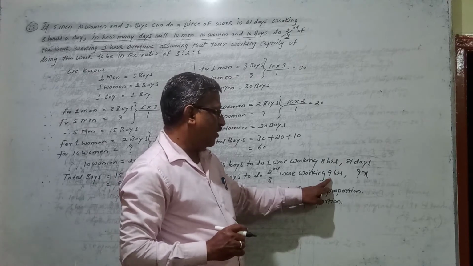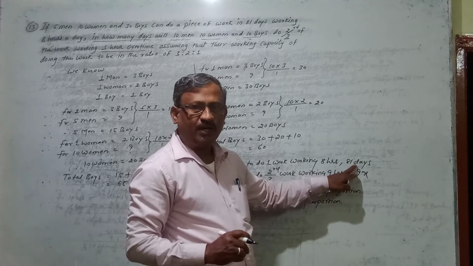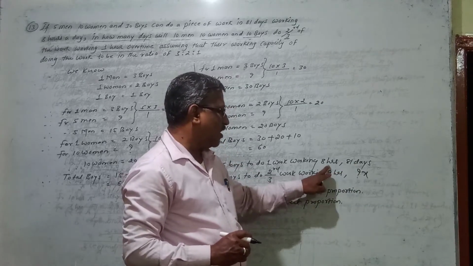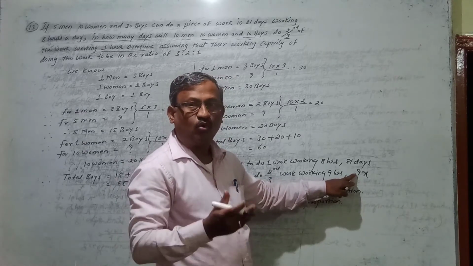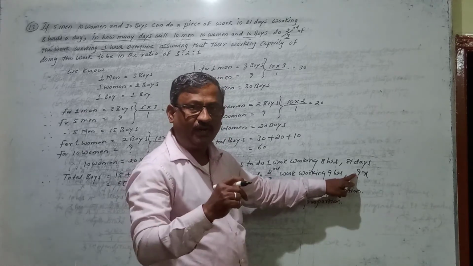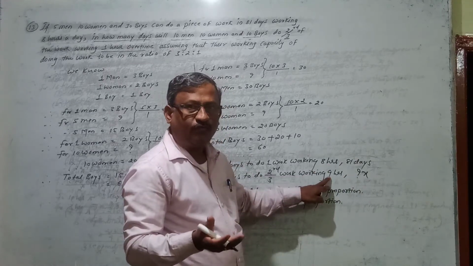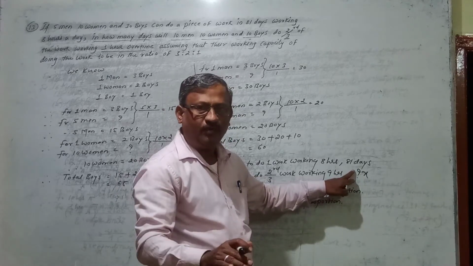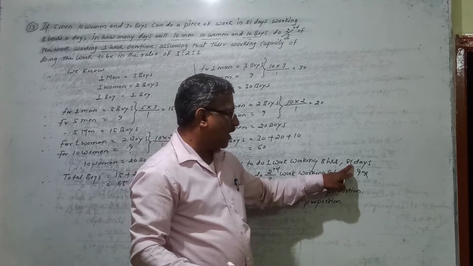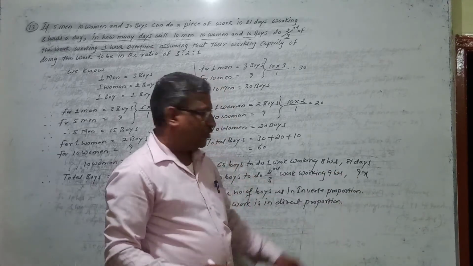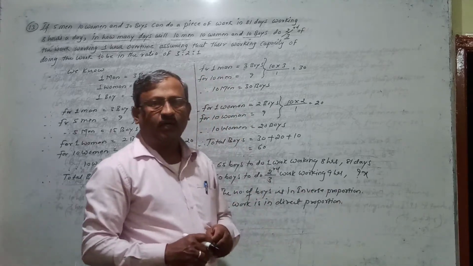See whether they are in direct or inverse. So if they work 8 hours daily, to complete that work it takes how many days? 81 days. So instead of working 8 hours, if they work 9 hours daily, how many days will it take to do the work? More or less? Definitely it will take fewer days, because here they are working more hours. If you work for more hours, the number of days required to do the work will be less. So here the number of hours has increased from 8 to 9, and due to that the number of days required is decreasing. So one is increasing, another one is decreasing. So the number of hours is said to be in inverse proportion.